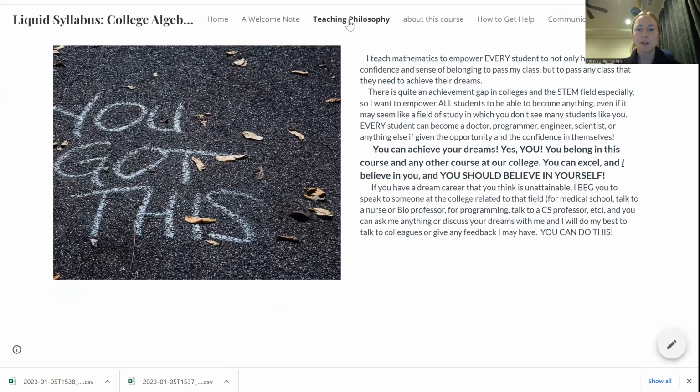This is my teaching philosophy. I think a lot of students, if you're anything like I was when I was a student, kind of feel like they're not smart enough. I'd look around my math classes and think everybody's smarter than me, and I probably can't be a STEM major, which is science, technology, engineering, math. I'm not smart enough. But now I'm an instructor, and I know that anyone can do it. If you just work really hard, anyone belongs in the STEM field.